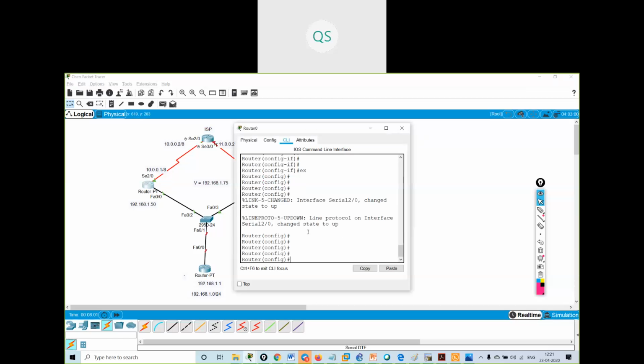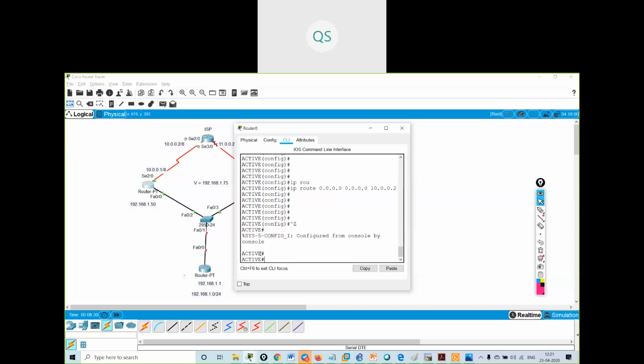First I will change the host name. The host name will be active. Then IP route 0.0.0.0 0.0.0.0, you have to go to 10.0.0.2.